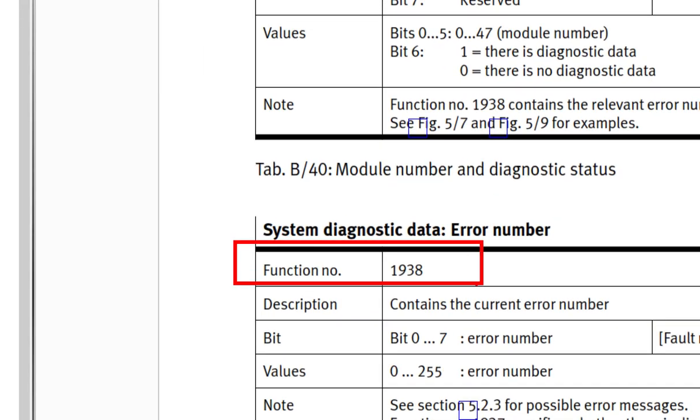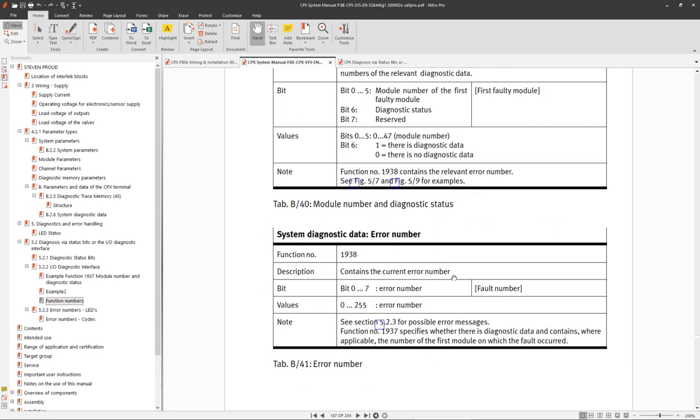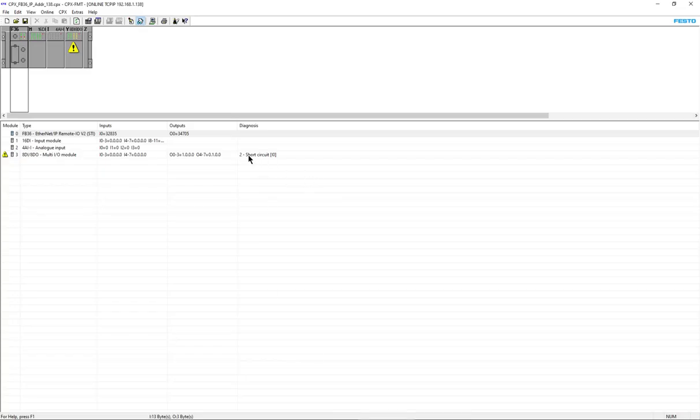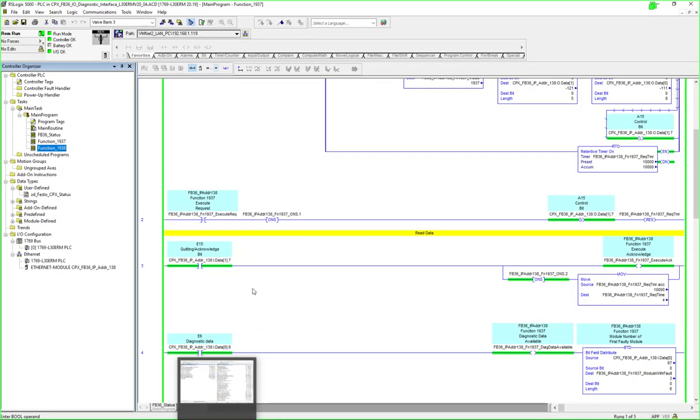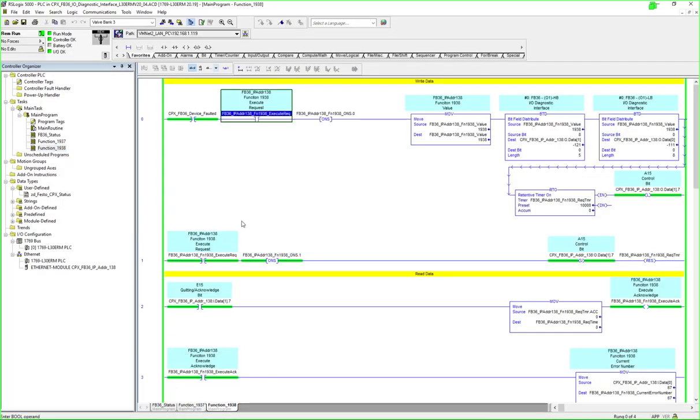This one right here, function 1938. It's going to give you the current error number. So right now the current error number is 2, with the description text being short circuit. And in my code, if I go to my code here, open up this, and of course I can't